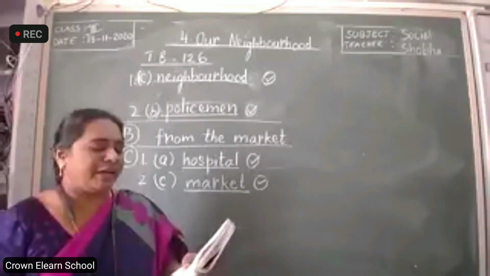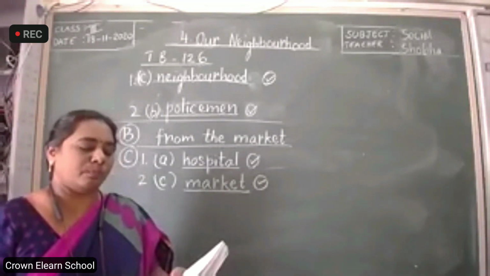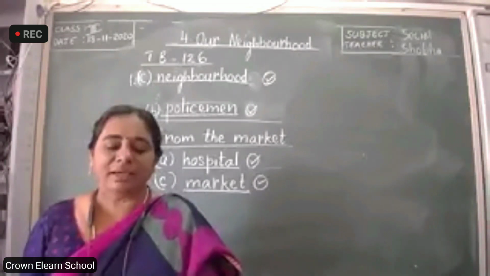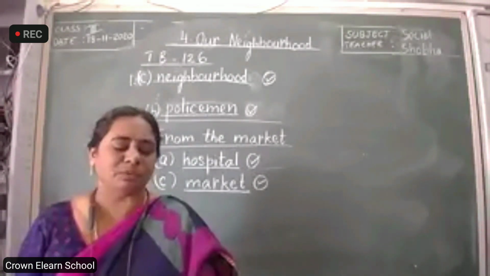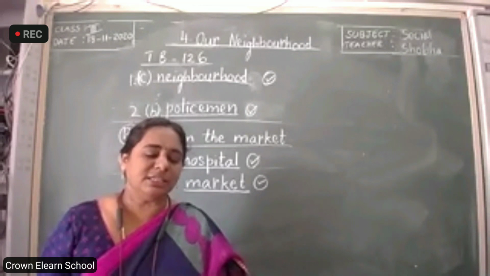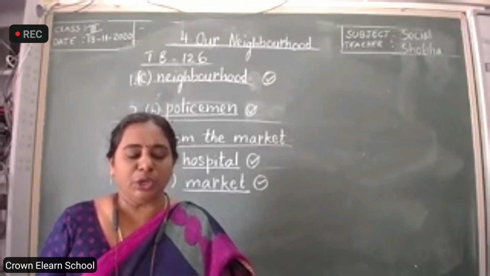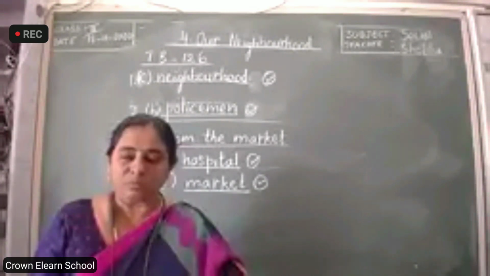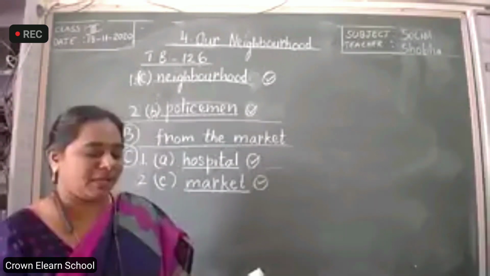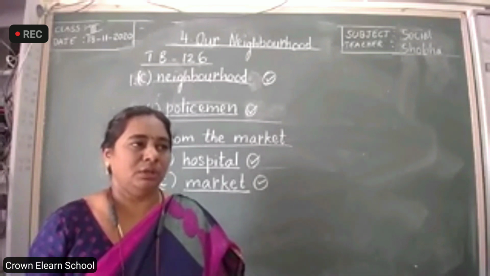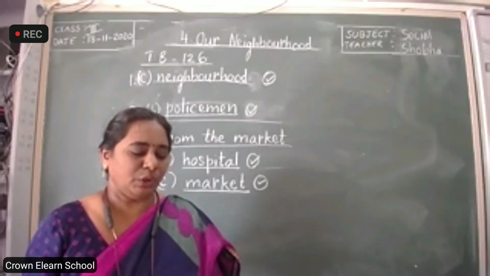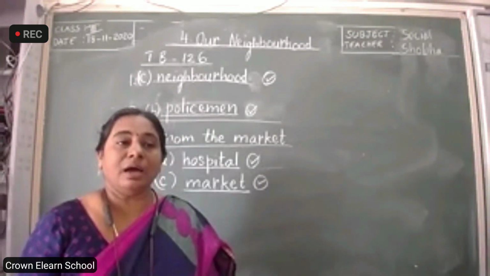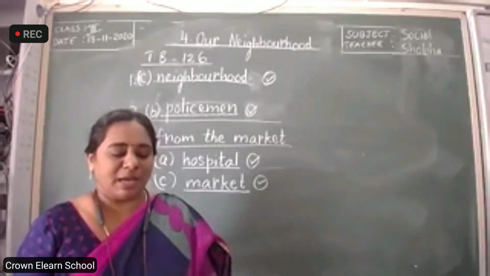Rohan finds that his mother is not at home. It is locked. Riya, his neighbor, asks him to wait in her house till his mother comes. What value do you learn from Riya? Yes, children? So Rohan finds that his mother is not at home, it is locked. Now, who is asking him? Okay, Riya, his neighbor, is asking him to wait in her house till his mother comes.